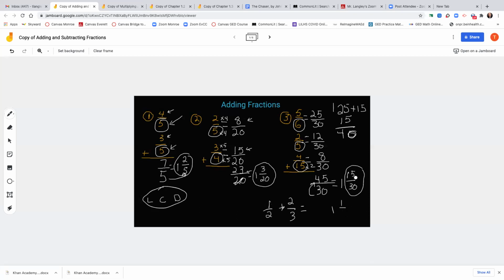15 goes into itself once and into 30 twice. This is actually the final answer, reduced, what they call the reduced answer, to what they call lowest terms. All right, that's adding fractions, and it's a fast lesson in adding fractions. The good news is,